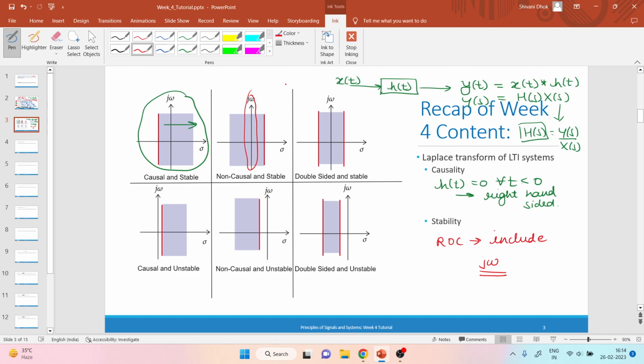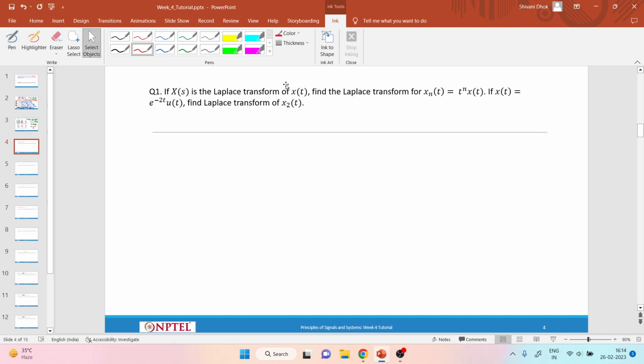So these were the concepts that were covered in week 4, and based on these, let us try to solve some questions. And last week I covered two simple questions which used mostly the basic definition of the Laplace transform. In this week,